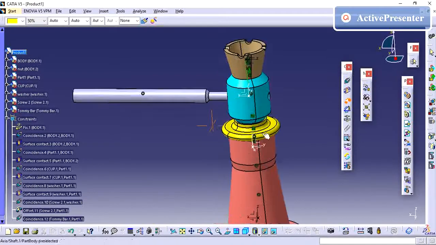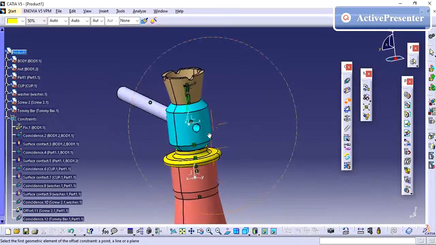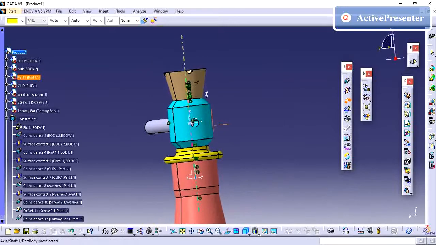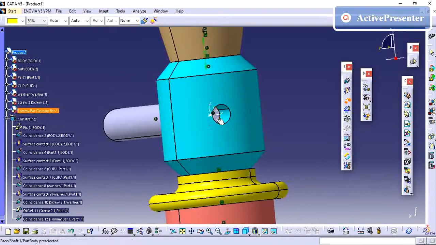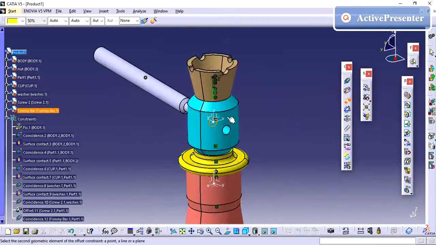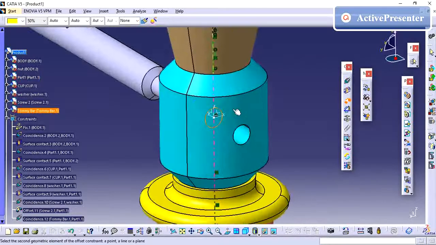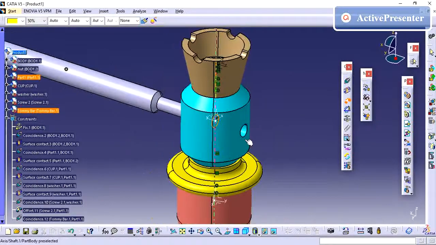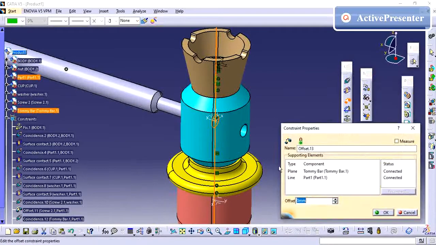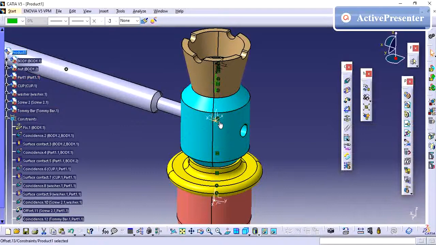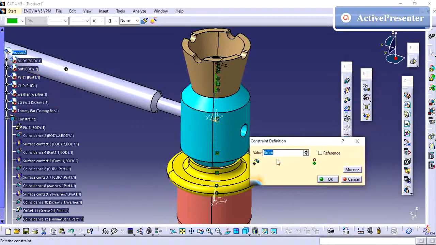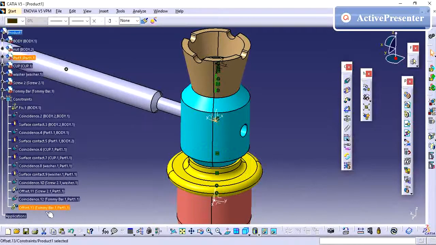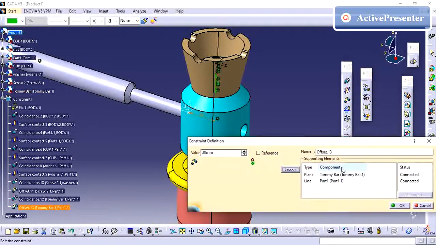Then the distance between, I already have one axis system, so by providing that, we can